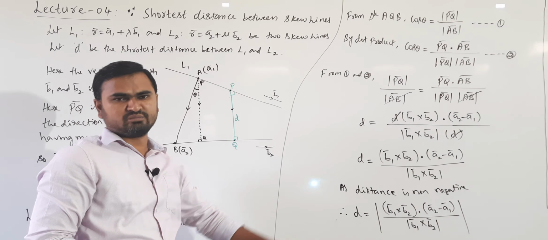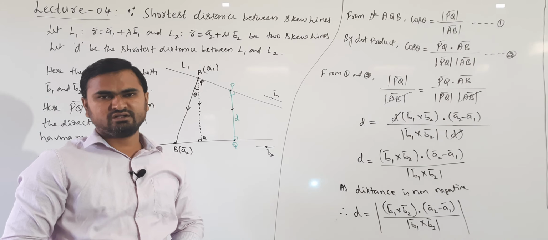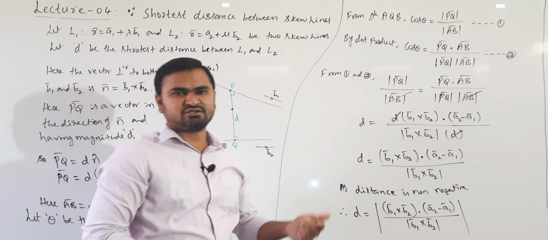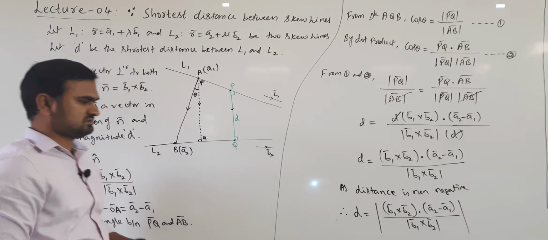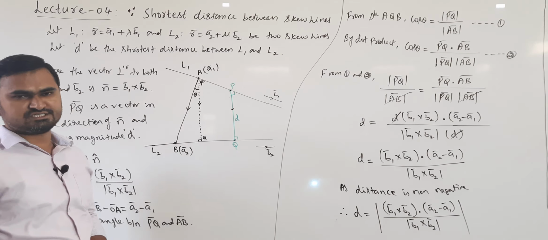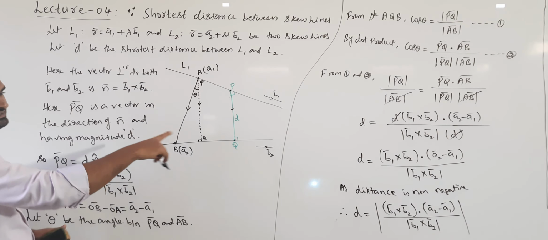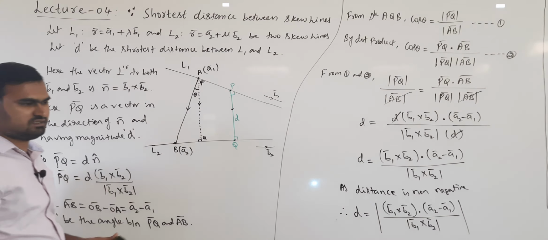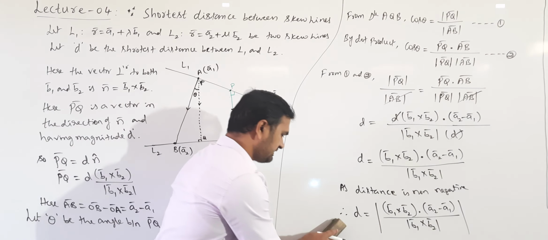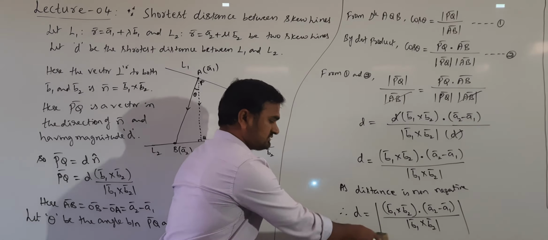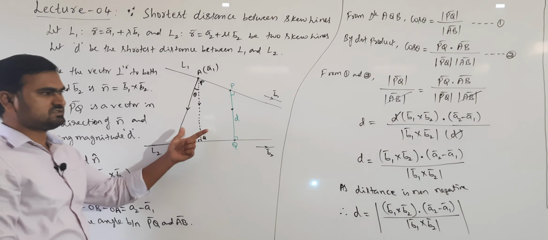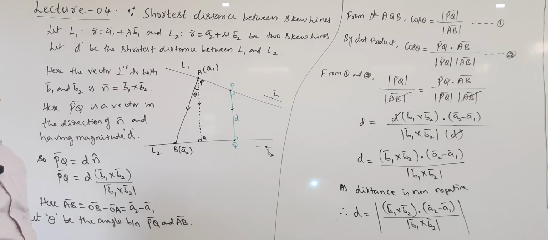Still the derivation is not complete. The derivation is completed only when we write it in Cartesian form also. So we have to extend this to Cartesian form now. Note down all this. Don't think that the problem is completed here. We have to derive it in Cartesian form also. Remember that. Please note this down. Now we will derive it in Cartesian form also.